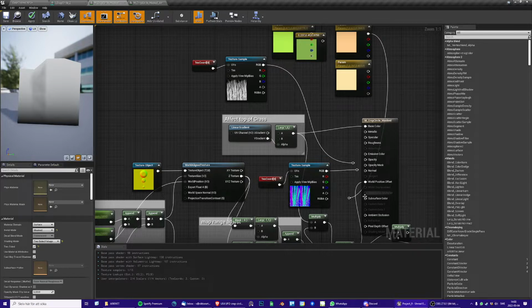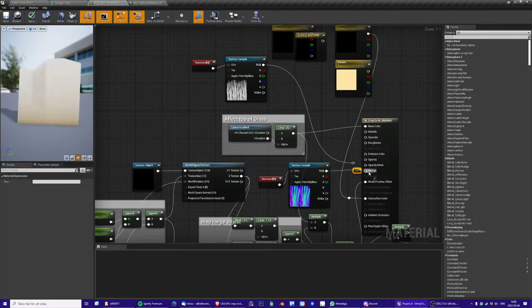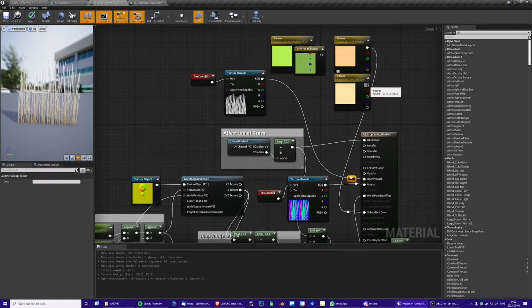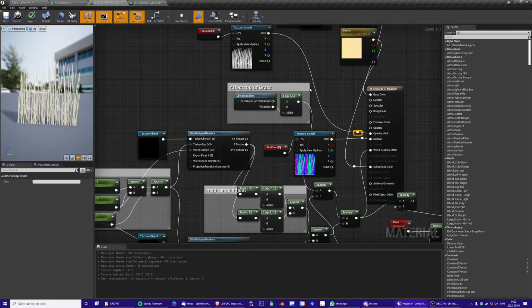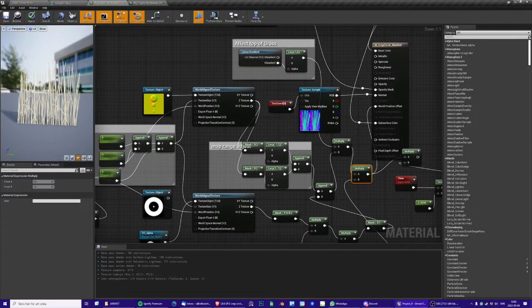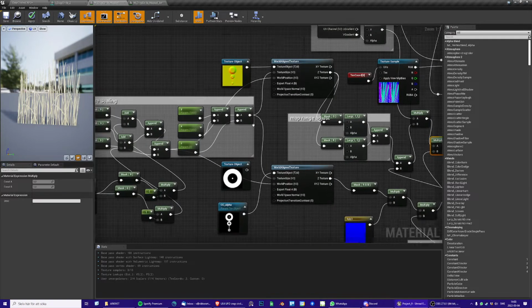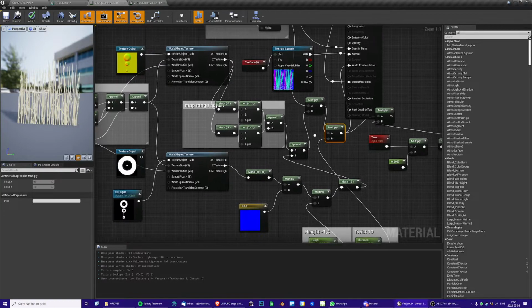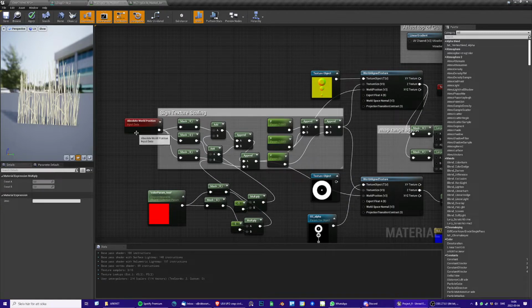And this is then taken and multiplied one time by the whole displacement, so that it happens progressively more at the top and nothing at the bottom, because we want to bend the grass and not move it sideways from the root or something like that. And then absolute,